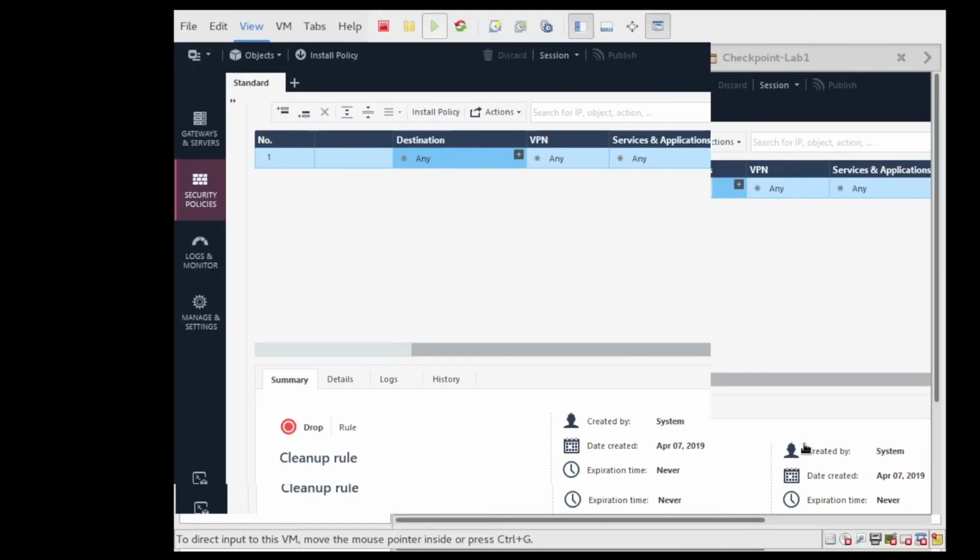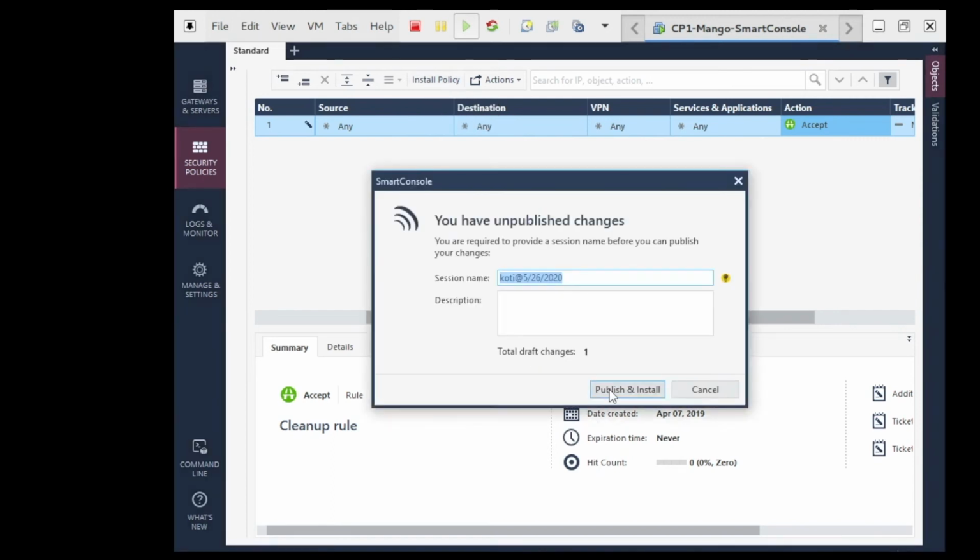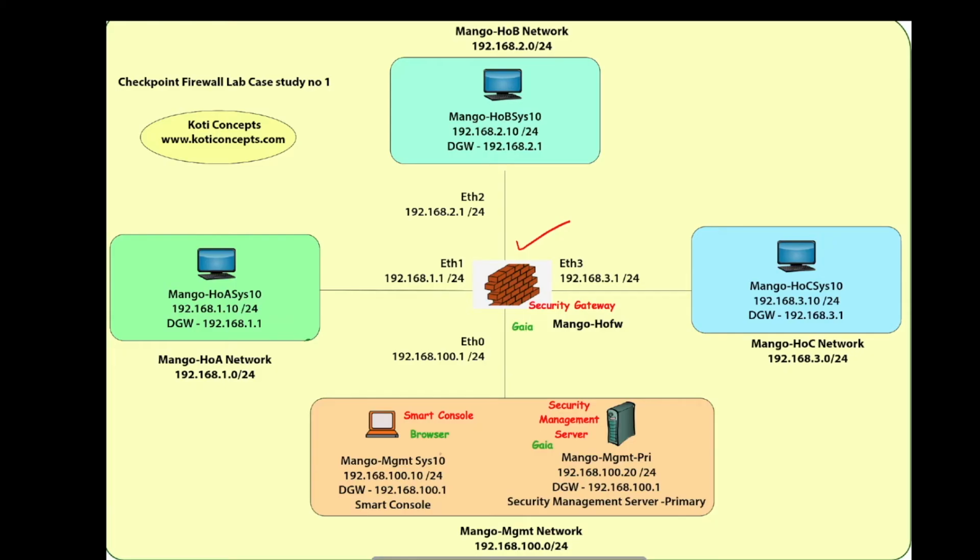So again, I go to the Smart Console now. This time I say from any source to any destination for any service, accept all the packets. Means what? I'm asking the firewall to allow the packets from anywhere to anywhere, any service, allow all the packets to go through you. You should never do it in real life, but just to show the effect here, I'm trying to give this particular policy. Any, accept.